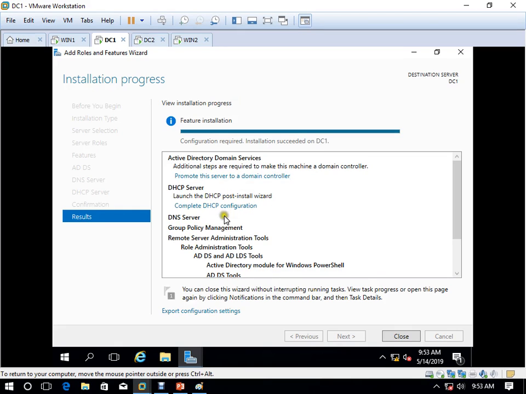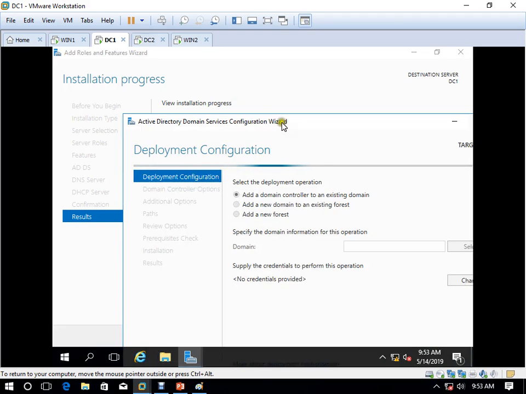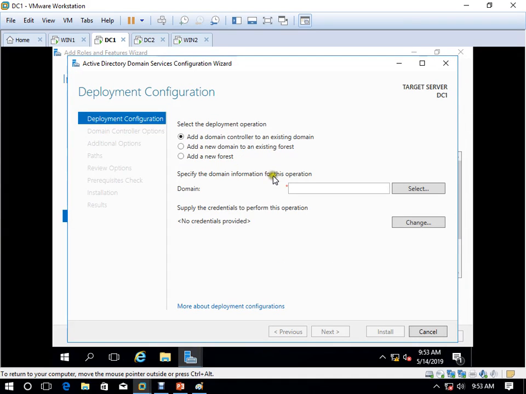Then here we are getting two options. First let me complete this, promote this server as a domain controller. Let me make the domain controller first.